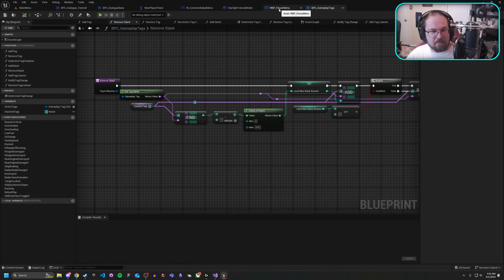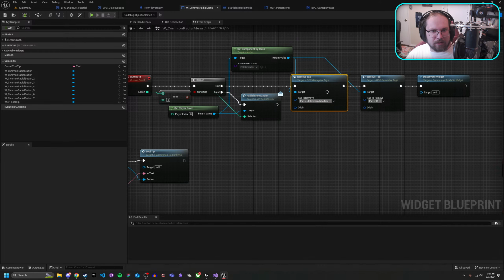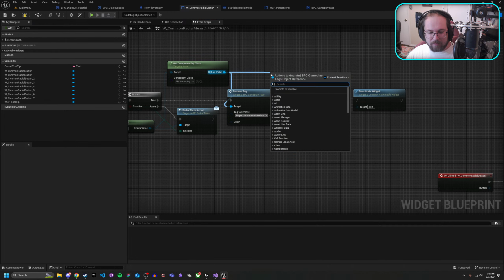Yeah, that might work. So, but we only want to trigger only on this one, because the rest we were fine with adding or removing tags. We can do remove stack,